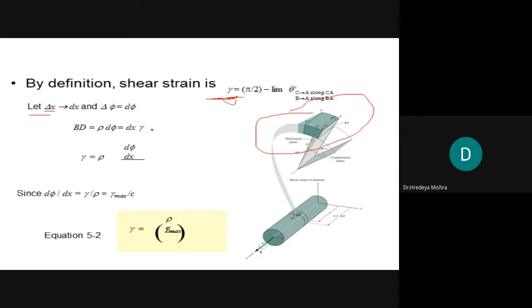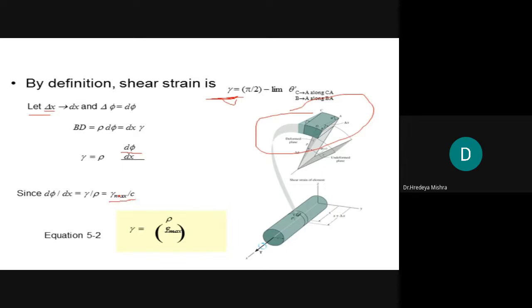What is the equation? Now, gamma, meaning shear strain, is equal to rho d phi upon dx. That is wrong. It is d phi upon dx. Okay. Since d phi upon dx equals gamma upon r, and now